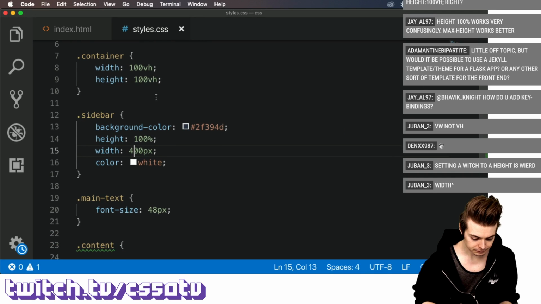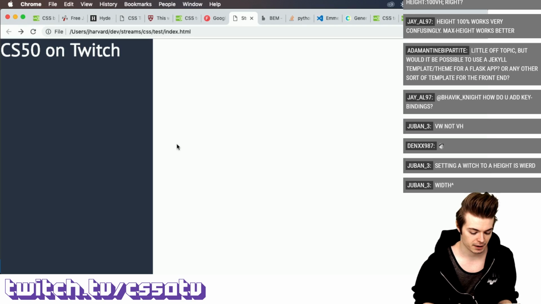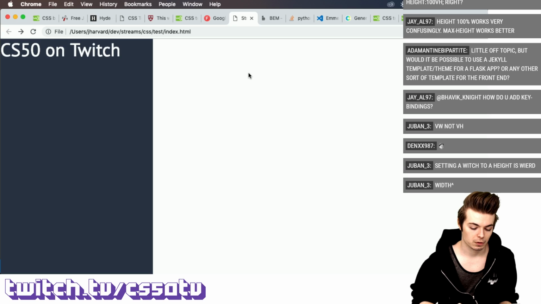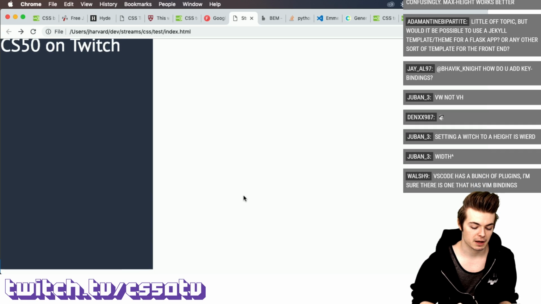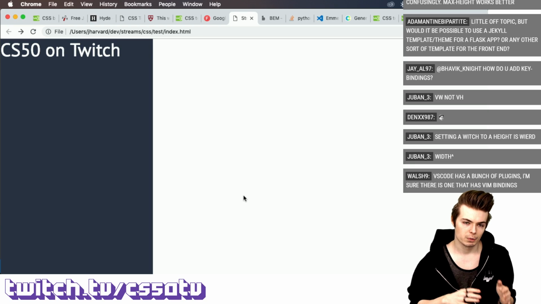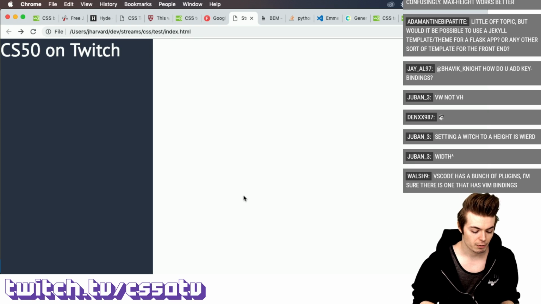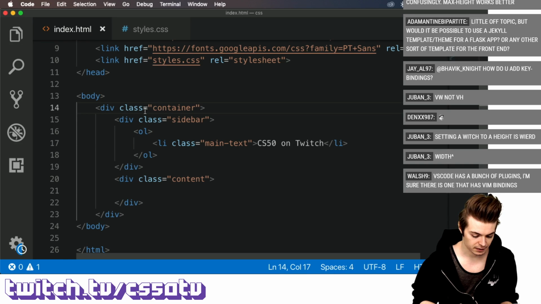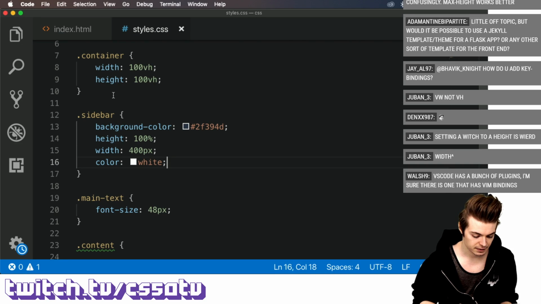In any case. Now, the interesting thing about this is I could actually scroll down if I scroll my page. And that's not what I want. I want to be able to actually scroll my right content separate from my left content, which is kind of an interesting thing. And so what we can do is, and by the way, we should set container's text align to be, do I